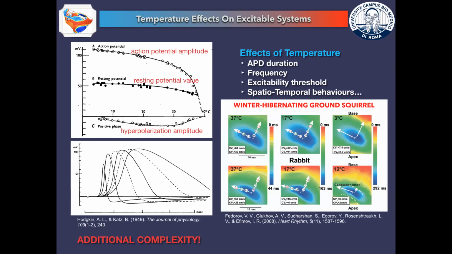Indeed, it has been proven that the temperature may alter excitability, the conduction velocity, and also the action potential duration, and sometimes also action potential amplitude, with significant effects on the emergent activity and dynamics. This was historically shown on neuronal dynamics and was further proven to be valid also on cardiac response. As you can see on the slide, experimental results on rabbit and squirrel show great variation with respect to temperature, considering the activation maps in our tissue.